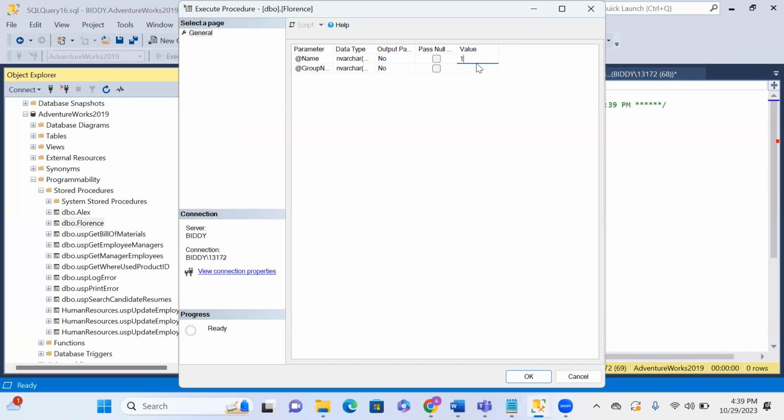Is it 125 or what is it? 125.5. And the second one is what? Is it 2? 2, yes. 2. Yeah, so